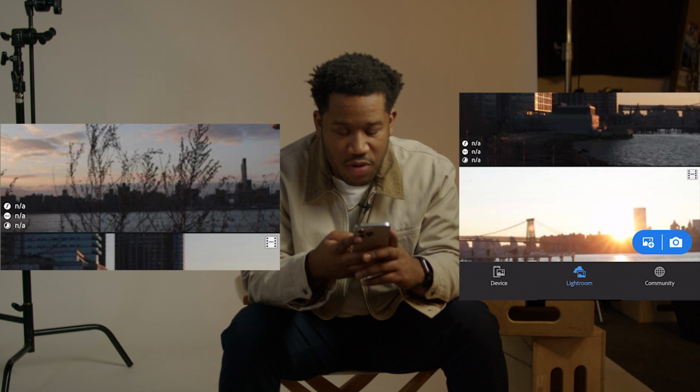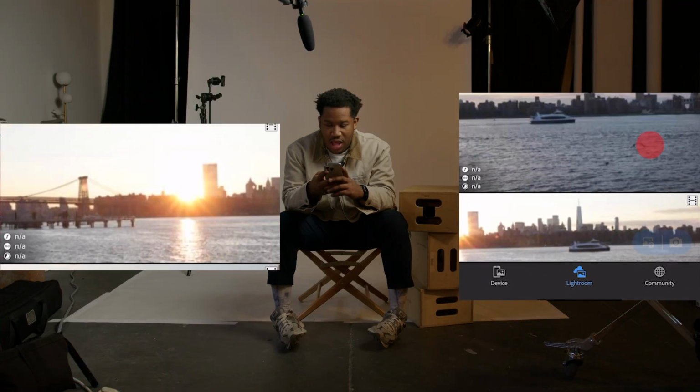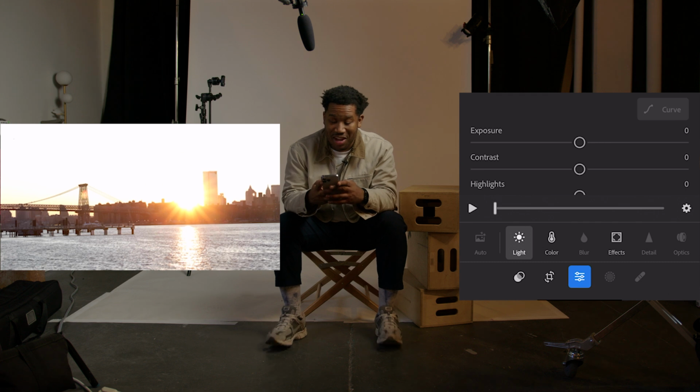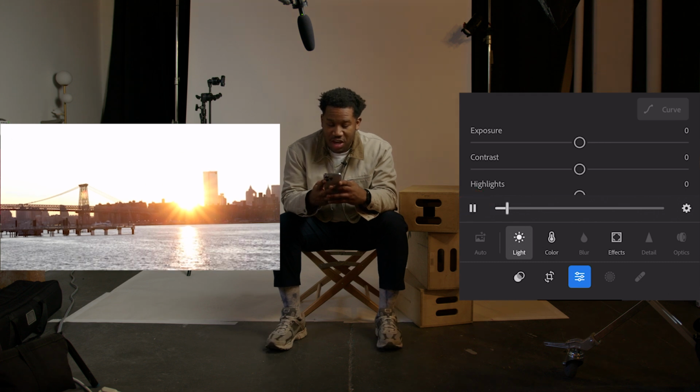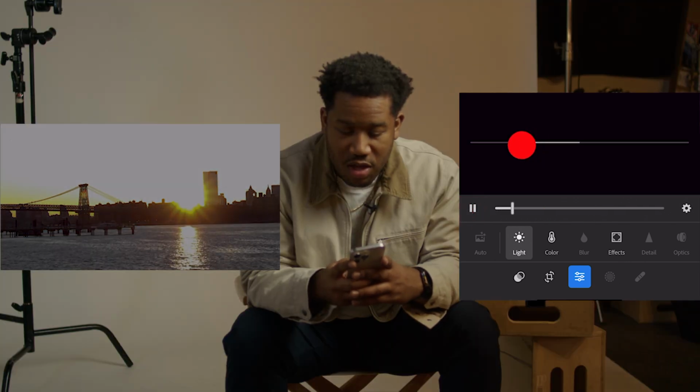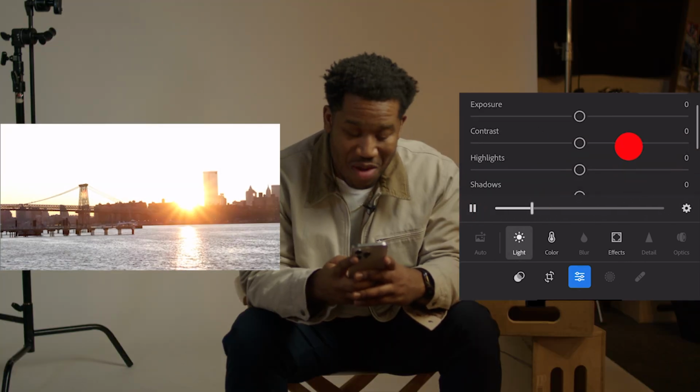I'm gonna scroll back through, go to the top here. And we're gonna take a little burst of light as an example this time to edit. As we look through, you can see this is New York on the water in Brooklyn. That sun's a little strong. Obviously I blew it out a little too much, so I can't bring it all the way down, but I